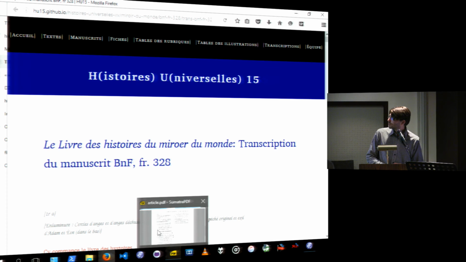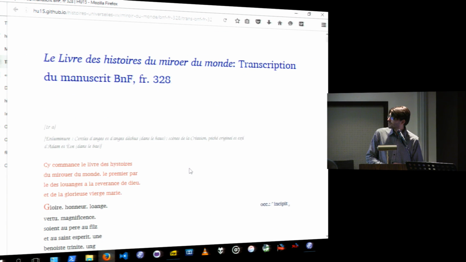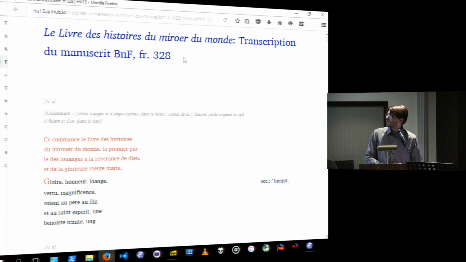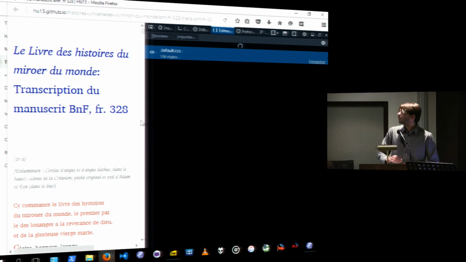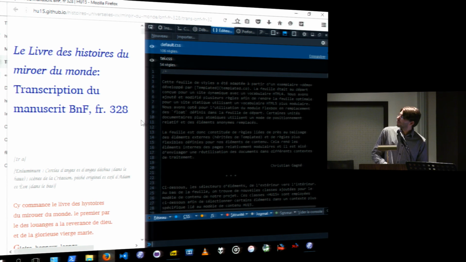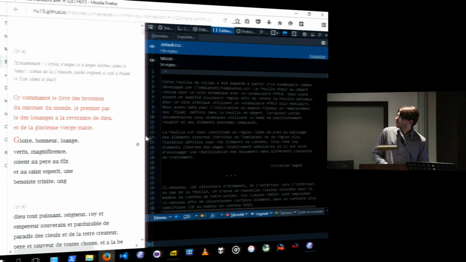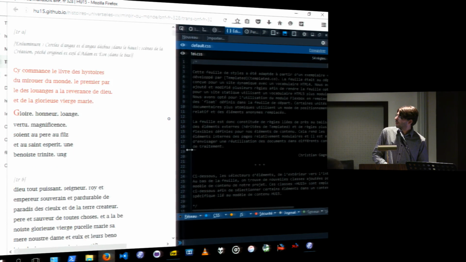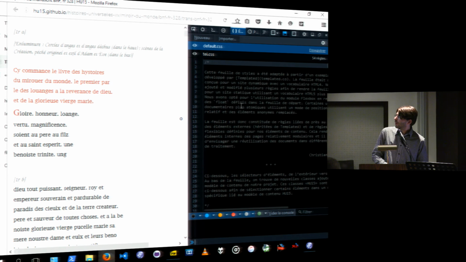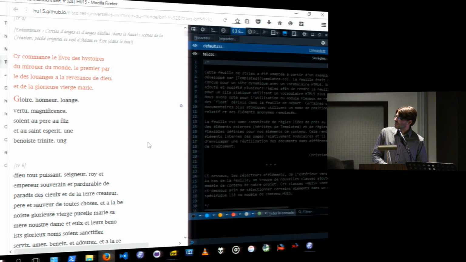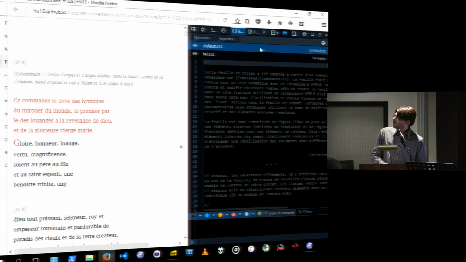So this is a transcription. It's very seamless because this is HTML. The TEI starts here, and you couldn't really tell, right? This is taking too much space here right now, but it really is only CSS. So, for example,